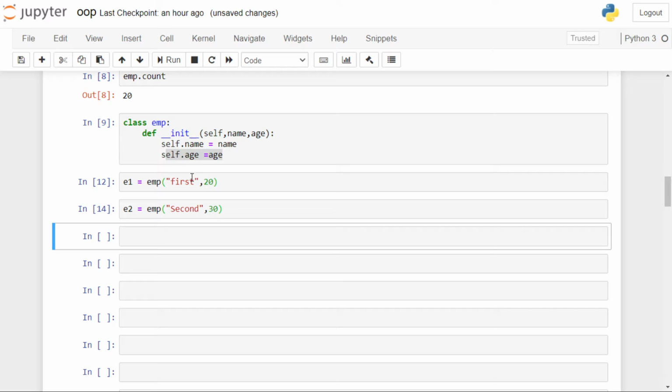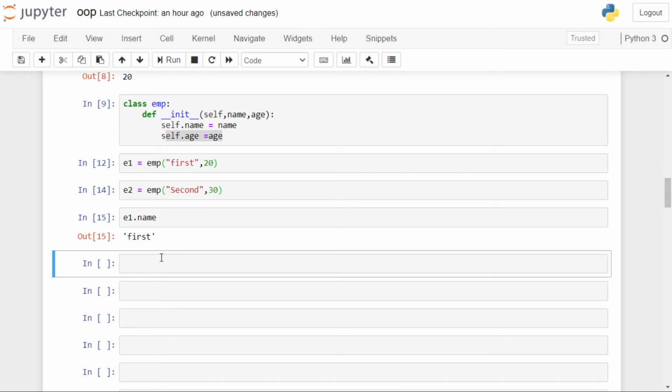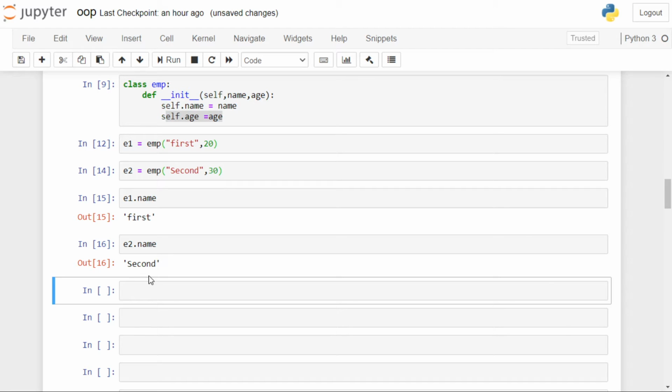So the name and age for e1 and e2 are unique for each object, and they are different. We can check e1 dot name, it is first, and e2 dot name, it is second.